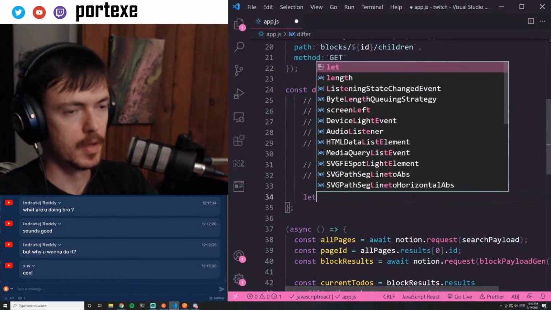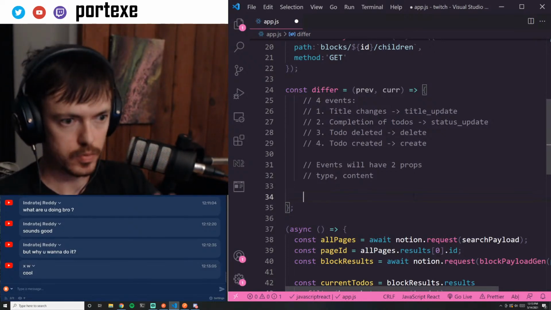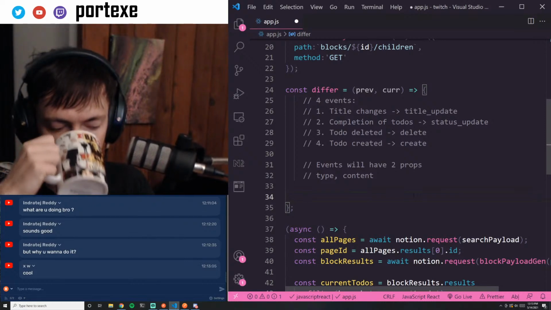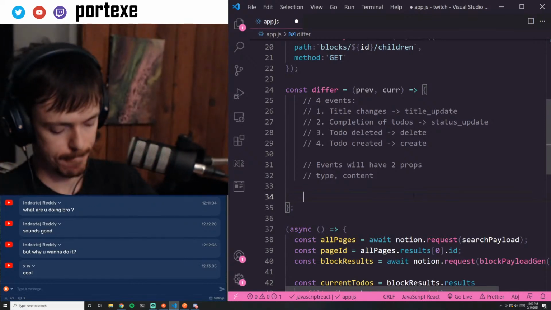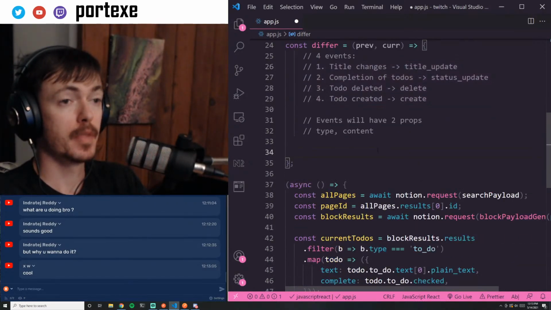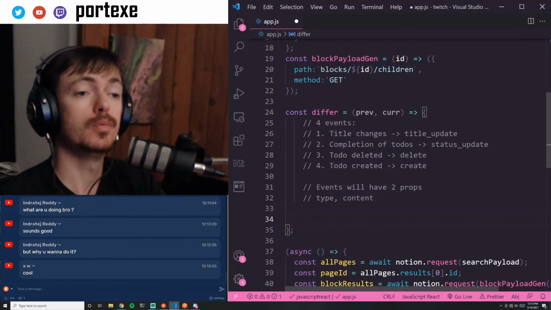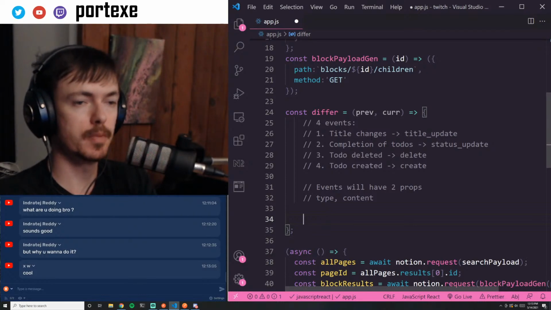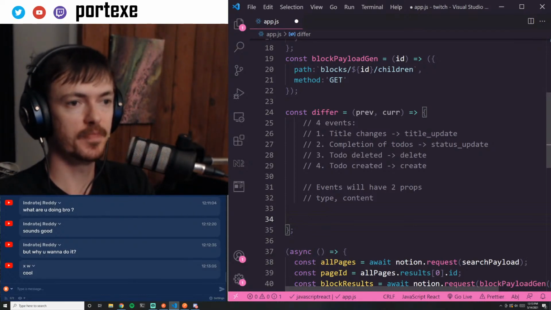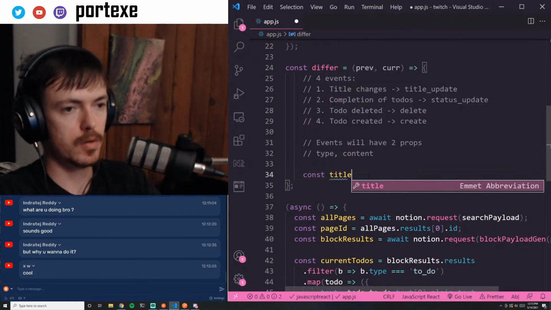this is going to be fun. This is going to be where things get a little bit more algorithmic. We're going to have to check for all 4 events. And each event, we need to check for every to-do. So we're going to be doing some for loops here, a lot of them. So let's start with title changes. So const title changes